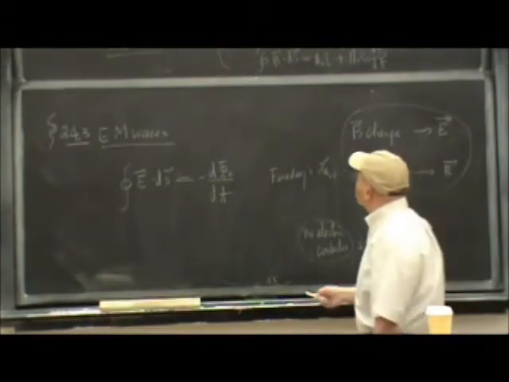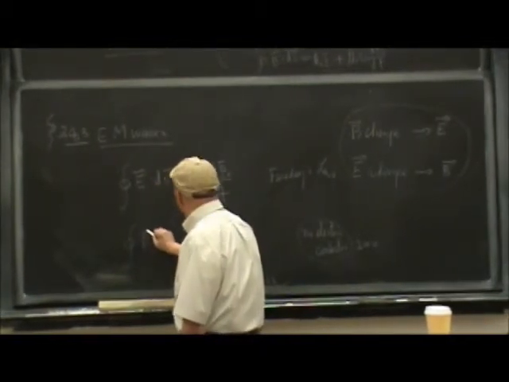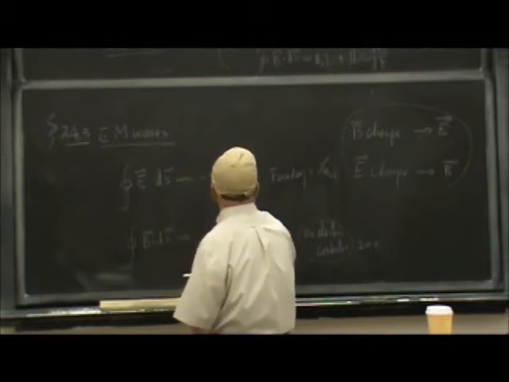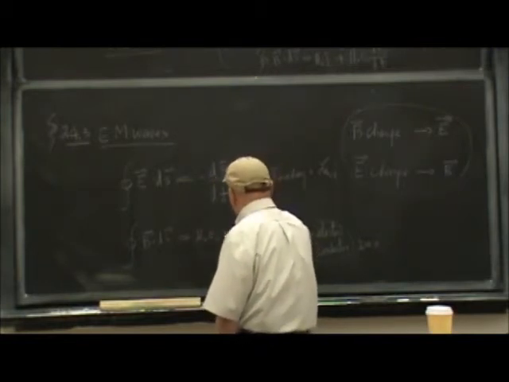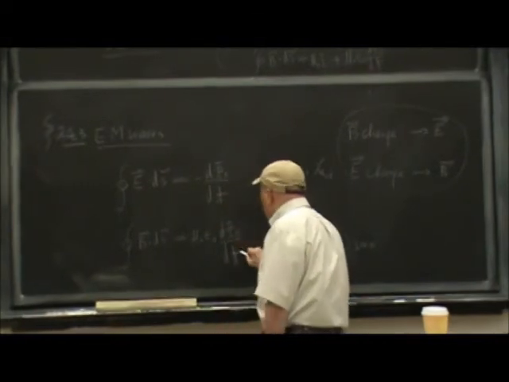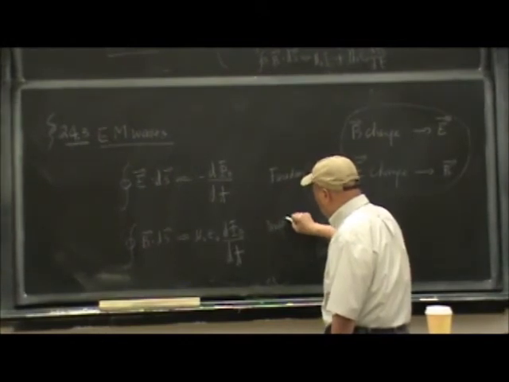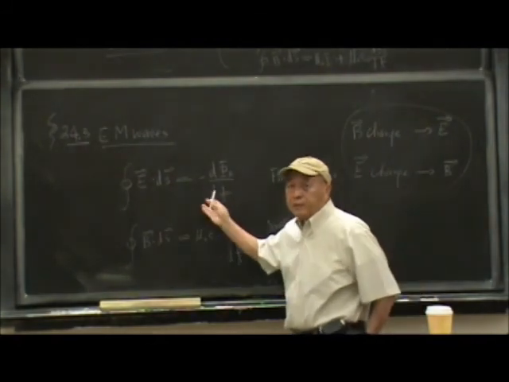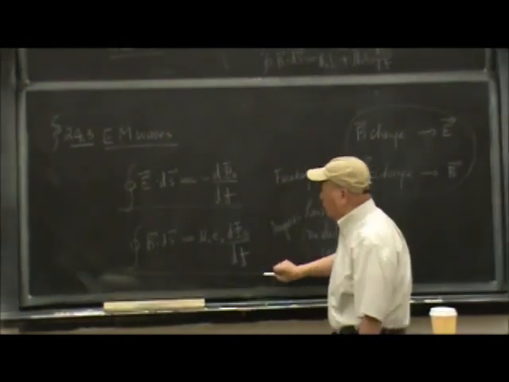So the line integral of the magnetic field is equal to mu sub 0 epsilon sub 0 d phi sub E dt. This is the generalized Ampere's law. Just observing these two laws, it gives you certain